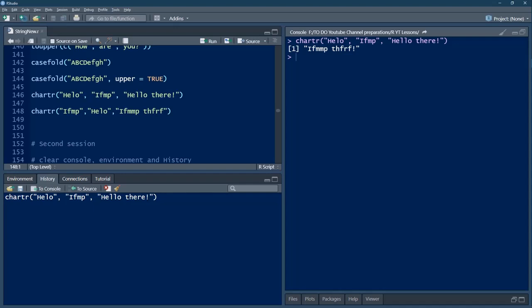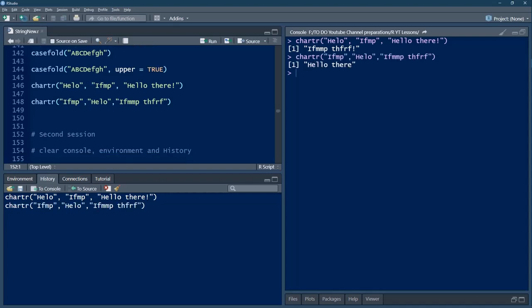If you look closely, H is translated as I, E has been translated as F and so on, and wherever letters like TH and the exclamation have not been included in the queue, they have been left as they are. Then we did the reverse of that to get the original string back. So we got this back. Of course, since the exclamation has not been used here, that is not coming up. That's all. Now we will get on with the second session.